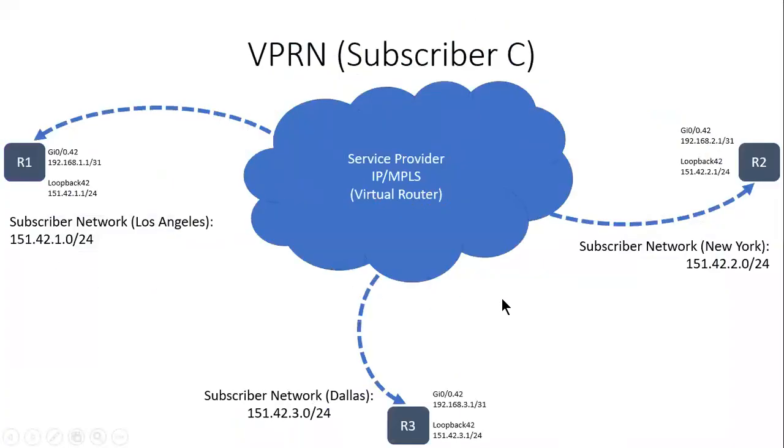All right. So the point being that these are completely separate broadcast domains: 42.1.0/24, 42.2.0/24, and 42.3.0/24. Completely separate broadcast domains. However, from the service provider's perspective,